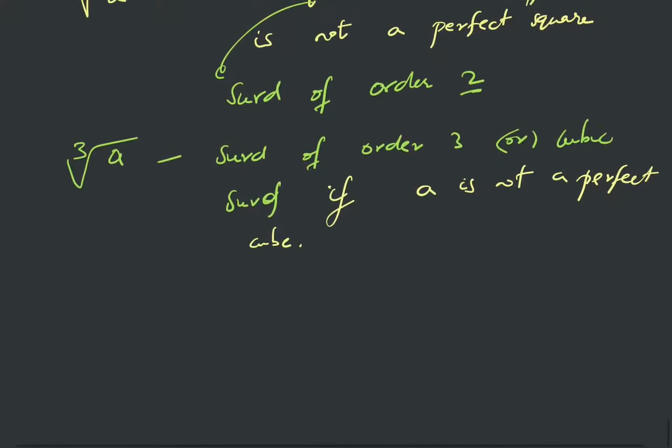So let us try to understand some rules for algebraic operations on surds. Like we have rules on addition, multiplication, subtraction and division, similarly we have rules for addition, multiplication and division of surds. So square root of a whole square, this is always a, and this is true when a is greater than or equal to 0, because for square root of a to be defined, this a should always be greater than or equal to 0, right?